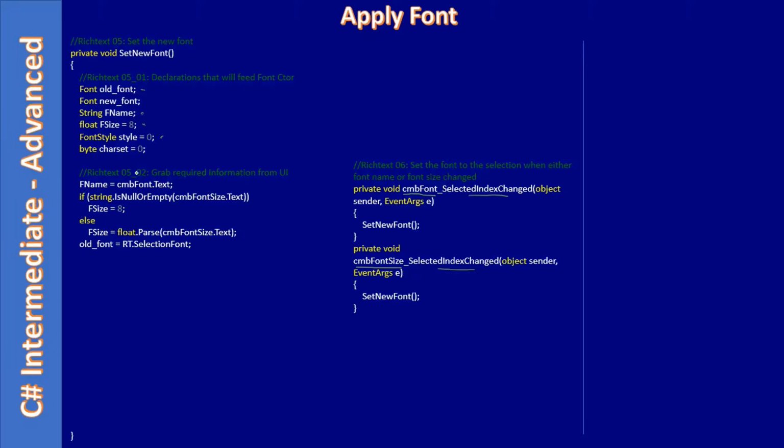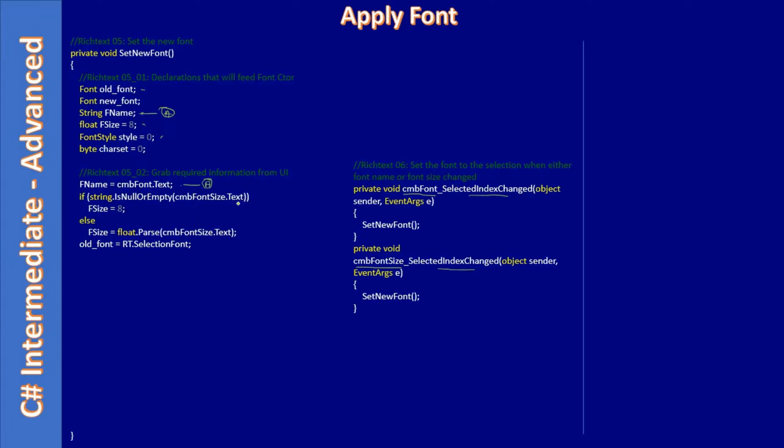Alright, and if you see cmb font.txt, f name, font name. So first we are storing our font name, and we are taking this information from our combo box, and this combo box was loaded during the form load event. We used the graphic instance, and from there we retrieved the font family, and using that font family collection we iterated and populated this CMB font combo box, the font name combo box we can call it. Next,